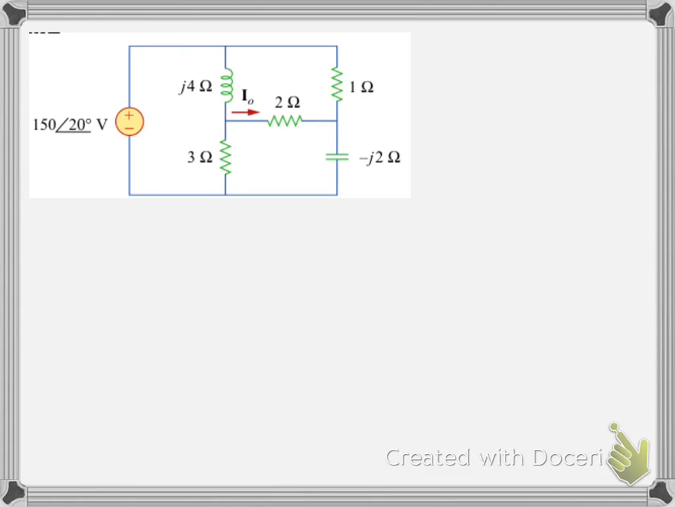In this problem, we are asked to solve for the power absorbed by the 2 ohm resistor. Before we begin our solution, you have to remember that to determine the power of a certain element, it is equal to 1/2 times the voltage of the element